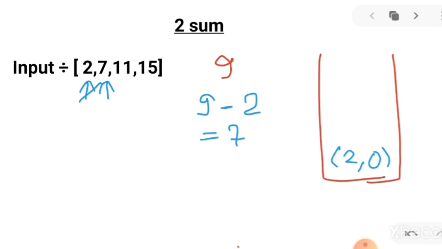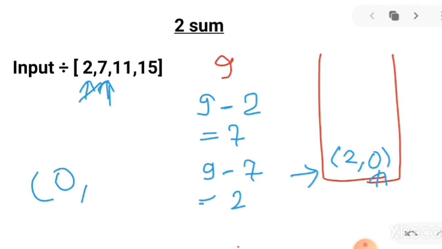Now we'll check if target minus a of i, that is 2, exists in the hash table or not. Here you can see that 2 is already present in the hash table. So now we can return the index value of this 2, that is 0, and the index value of 7, that is 1.